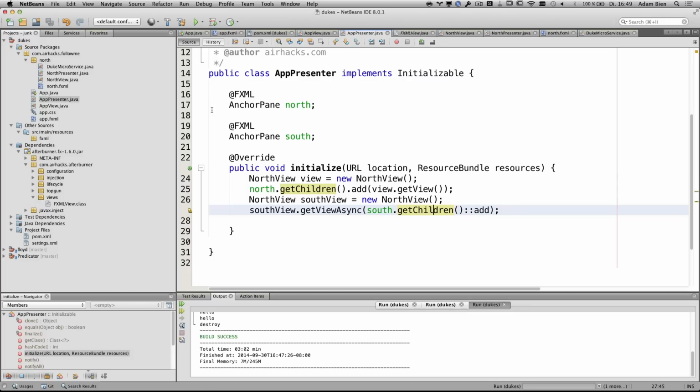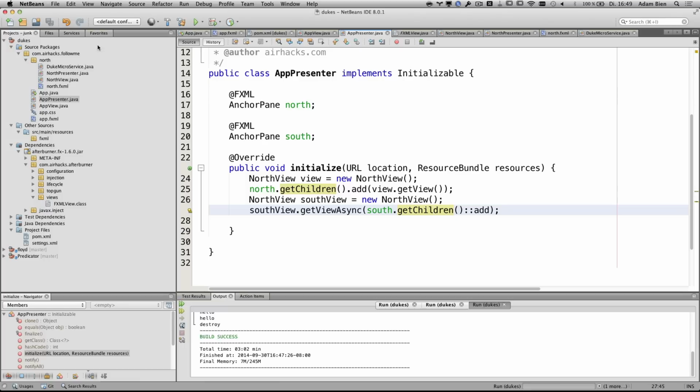And the nice stuff is all the listeners in JavaFX are functional interfaces, SAMs, single abstract methods, I think. So you can use lambdas everywhere. I also use lambdas inside Afterburner, which is really, really nice. So this is just asynchronous loading. It was actually requested by a larger project because they loaded a huge amount of dynamic views and they wanted to do it asynchronously. How do you start a Swing worker thread?